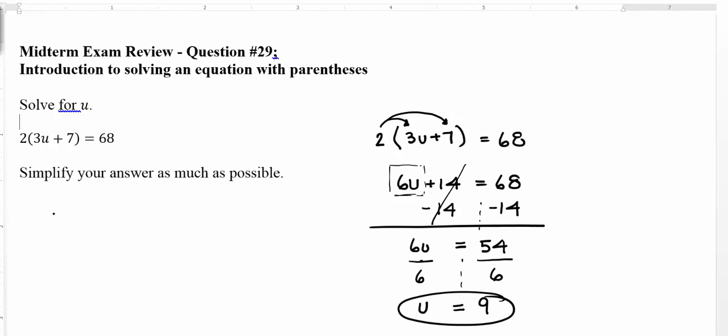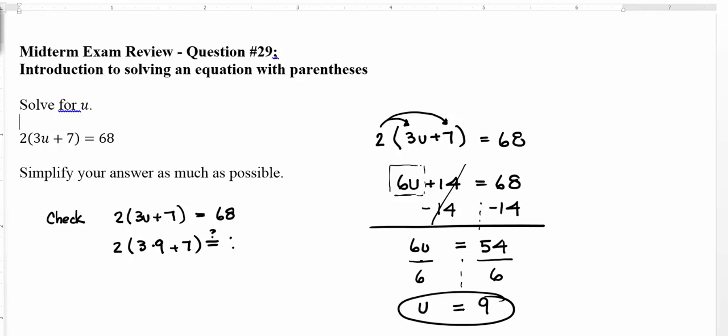And I can always check it. When you have an equation and you solved for a variable, the great thing is you can always see whether or not you're right. So instead of putting u in there, I'm going to put 9. Again, I have 2 times the quantity 3u plus 7 equals 68. So now if I plug in 9,